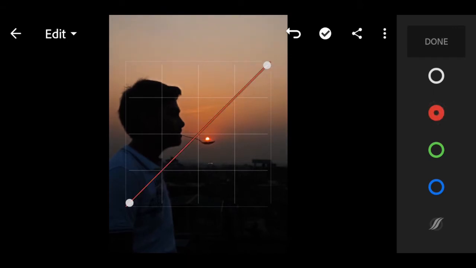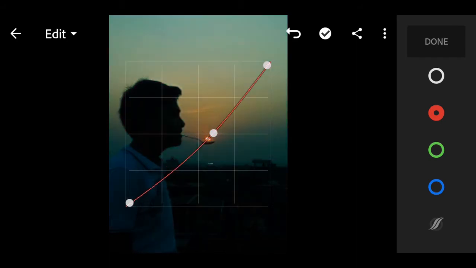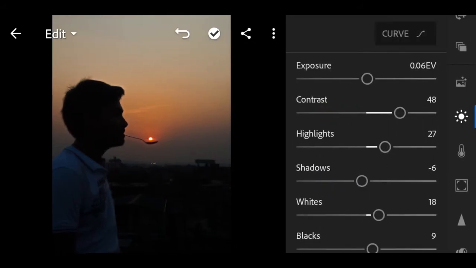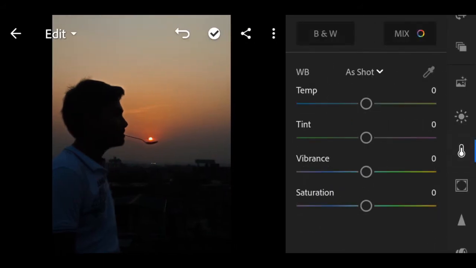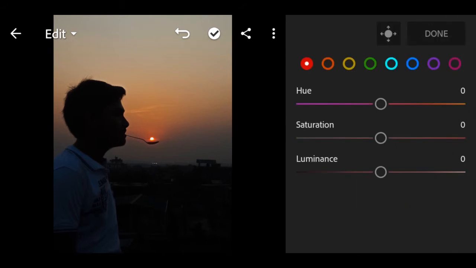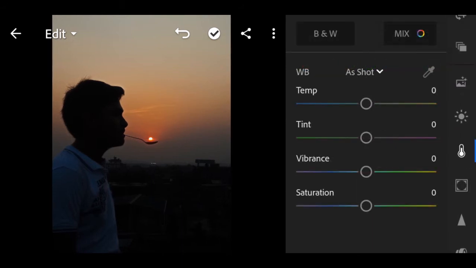Nice. Now let's go to the color panel. It is this. Here you can change the color or correct the color settings. Okay, now let's do it.